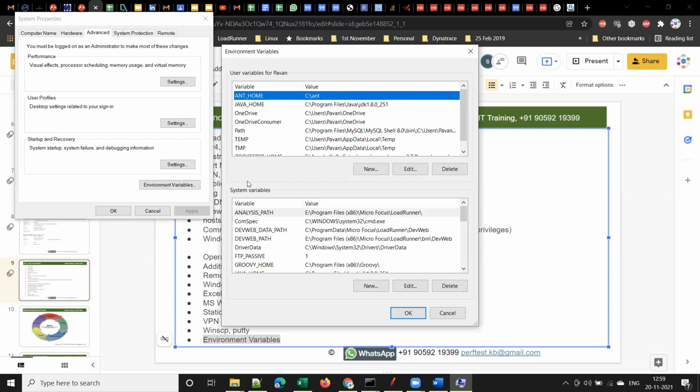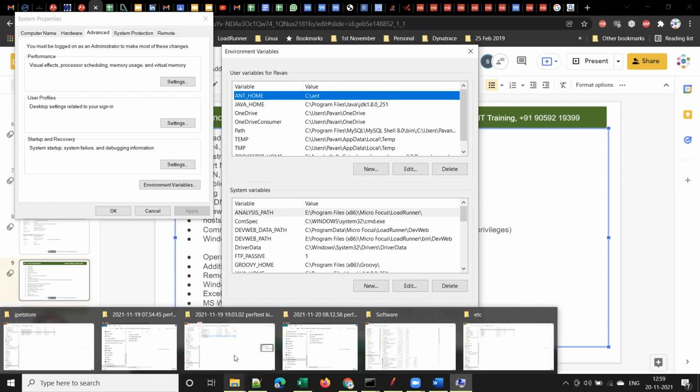All right. So let me explain this and I will close the session for today. What is the difference between user variables and the system variables? System variables means on a computer, you can have multiple users. You can create multiple user accounts on a computer, and each user can connect to the computer at a different time, right? I hope everyone is aware of that. You can create multiple user accounts so that the other user will not have access to your folders and all. Clear, guys?